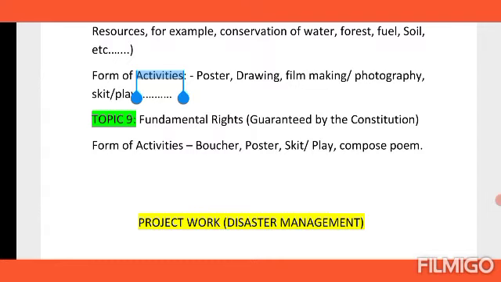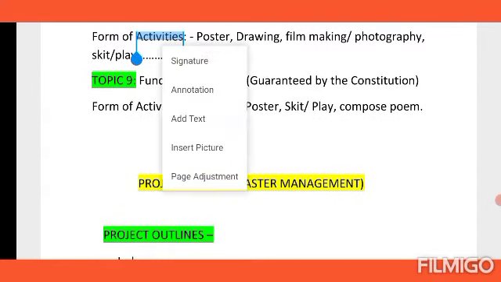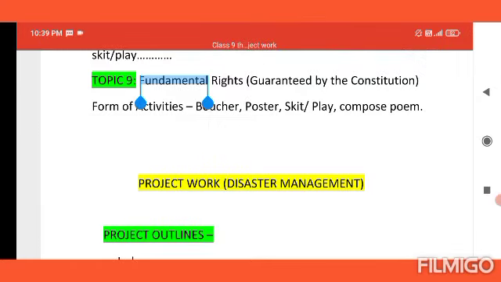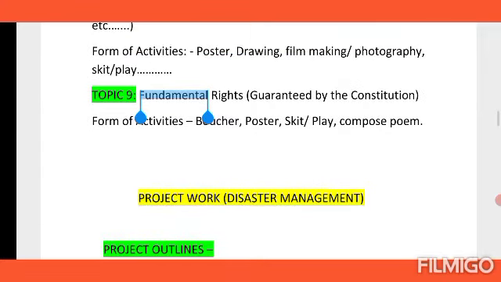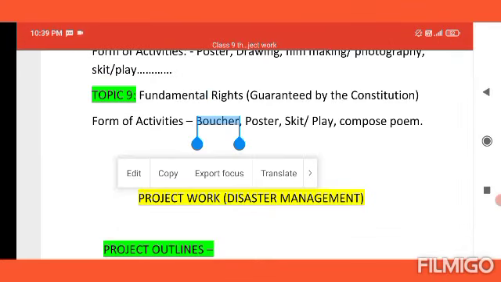And the last, I would say, 9th topic is fundamental rights, fundamental rights guaranteed by the constitution. For the form of activity, you have to talk about the fundamental rights which have been guaranteed to each citizen of India by the constitution, and you will perform the activity through, you can draw about,